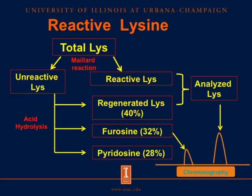When we start amino acid analysis, the first step is to acid hydrolyze the proteins. And acid hydrolysis of unreactive lysine will result in 3 separate fractions. One of the fractions is regenerated lysine. One fraction is turned into furosin, and one fraction is turned into pyridosine. Furosin and pyridosine are 2 specific amino acids that are synthesized during acid hydrolysis, whereas the regenerated lysine looks like normal lysine. When we analyze the lysine, the regenerated lysine will appear in the peak for analyzed lysine along with